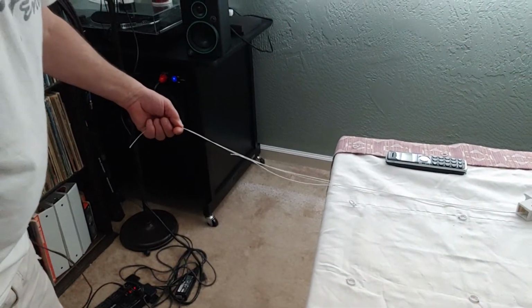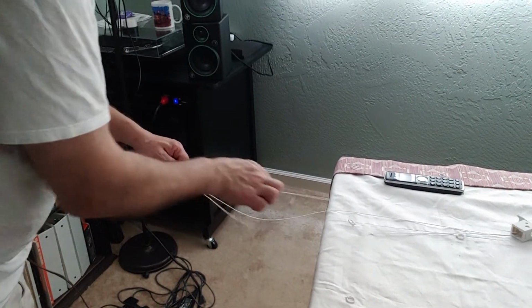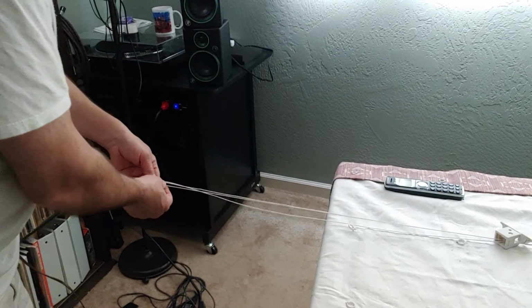That one's, which one is this? Is this the new one, I think? Yeah, so I'm just going to pull that to about the same length, roughly. And then, on this end here,